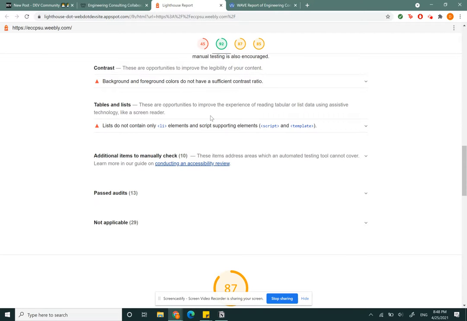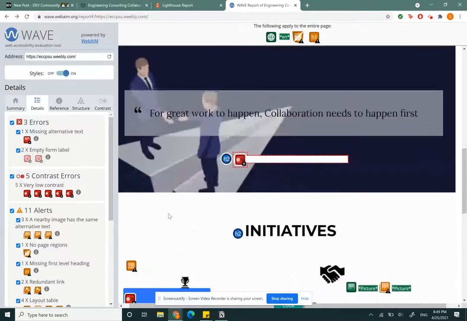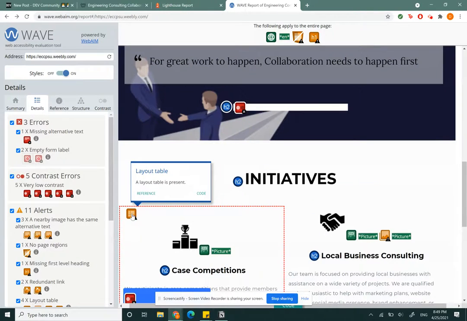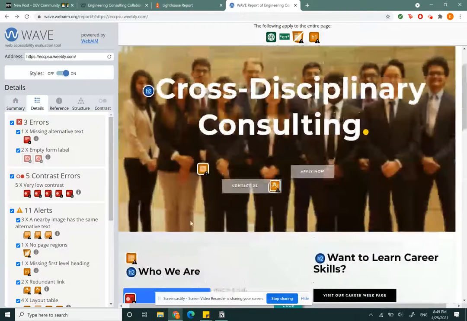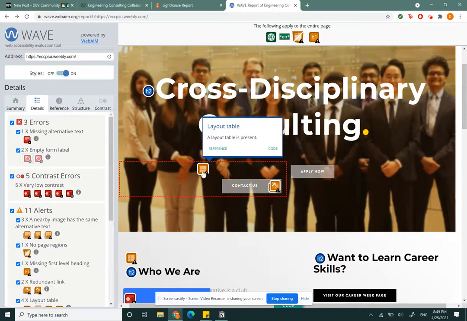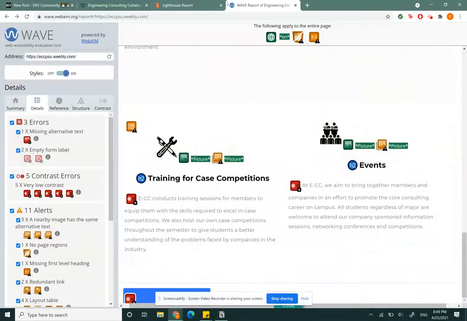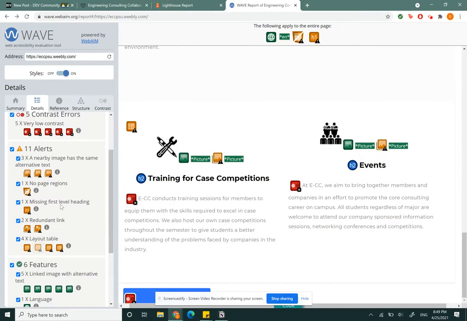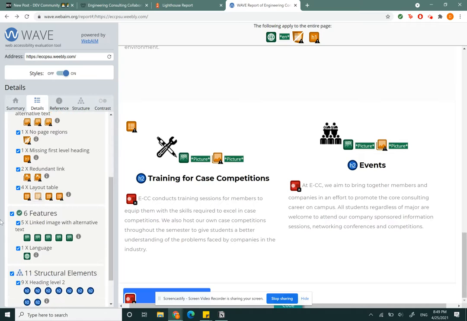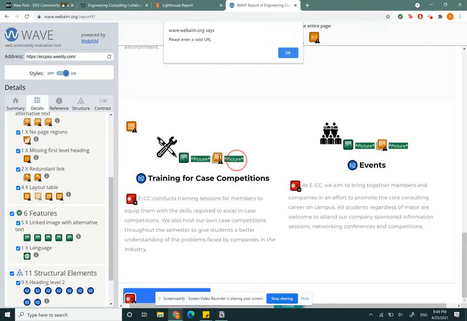Another thing is the right use of tables and lists, which again is mentioned here, where there's a layout table present here, layout tables here, layout tables here, a lot of layout tables which haven't been perfectly aligned and made the best use of. Another important thing that came up in this Wave was that we have 5 images which have the exact same